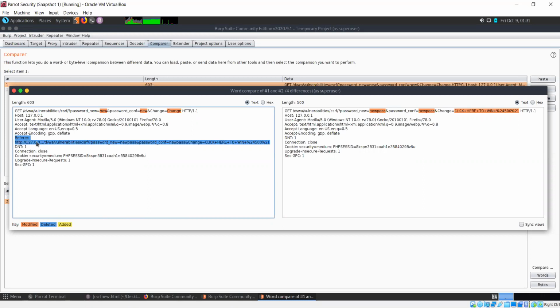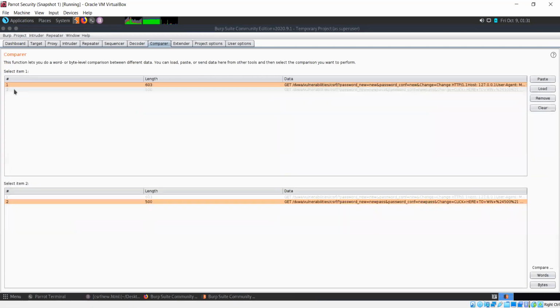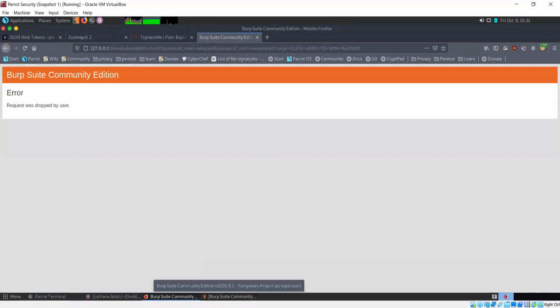And the referrer does not have to be this exact value, but it needs to be coming from this host itself. So that is what we are going to do.